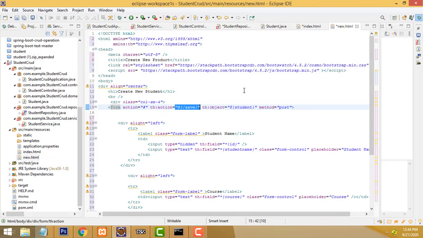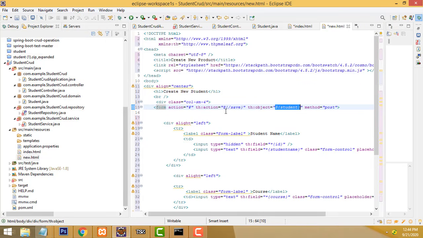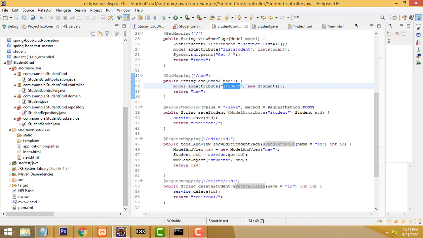It goes to the student controller's save method. We are mapping it with request mapping, save. This is the post request, and it handles all the values of the post request. There is a method we have there, save student.